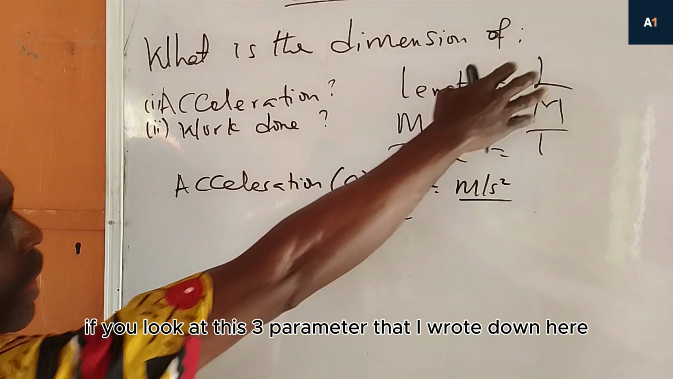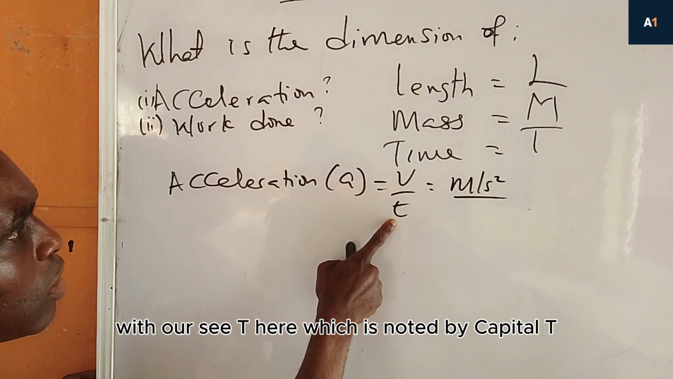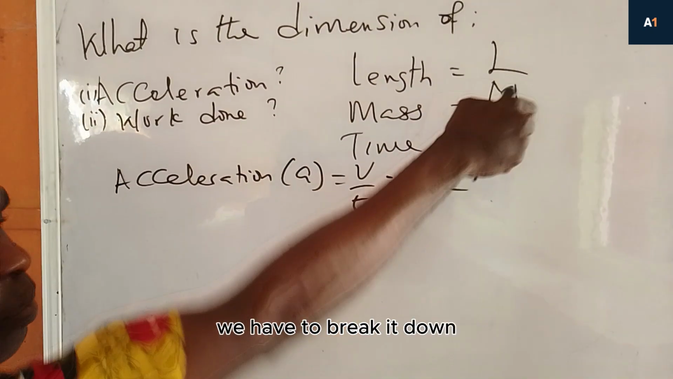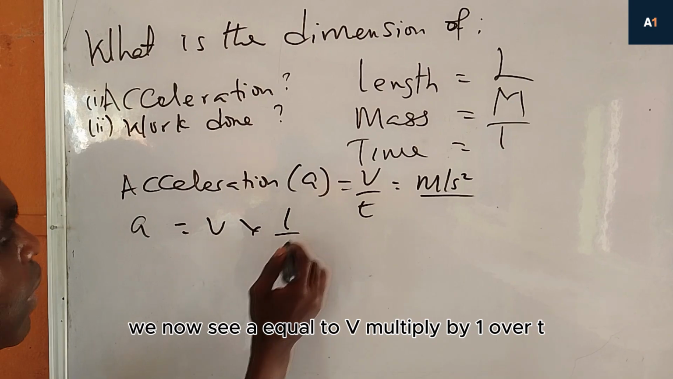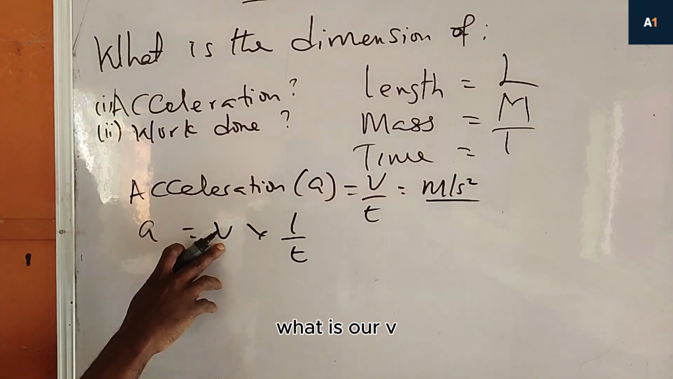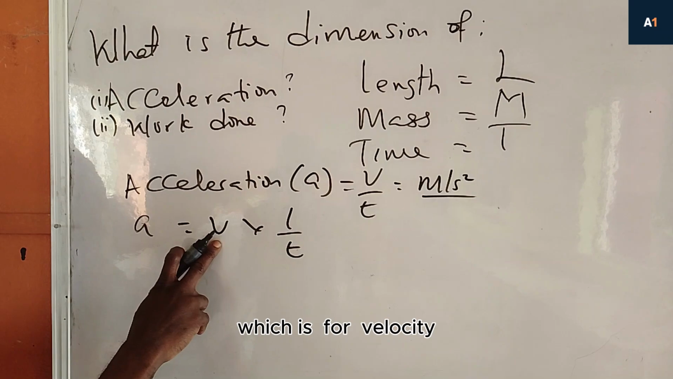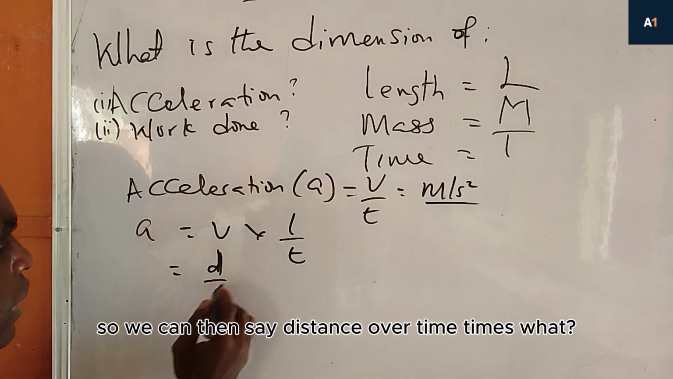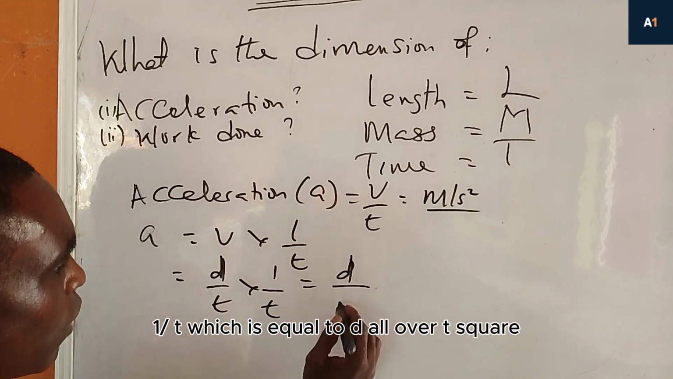If you look at these parameters that I wrote down here, we can see T, which is denoted by capital T. We cannot see V. We have to break it down. We now say A is equal to V multiplied by 1 over T. What is our V? Our V is displacement over time, which is velocity. So we can then say distance over time times 1 over T, which is equal to D all over T